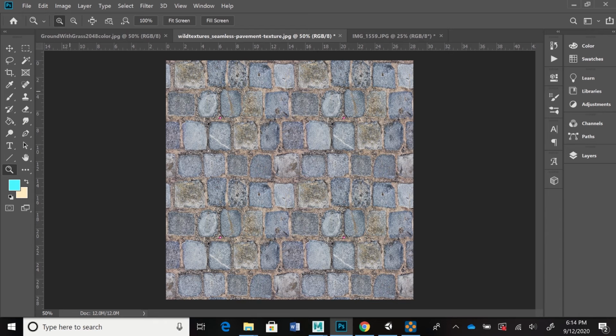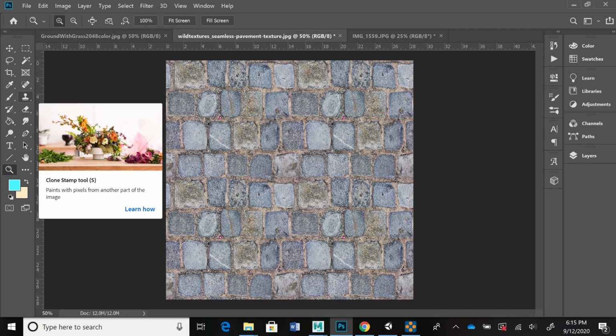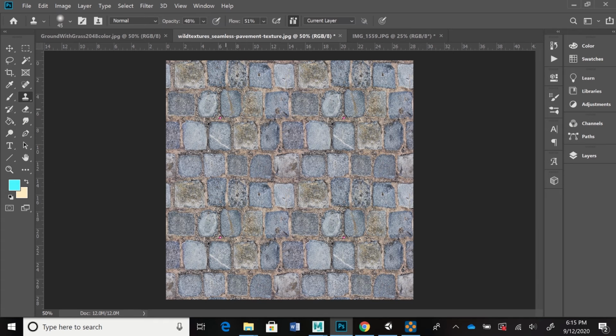And I'll go ahead and zoom in on that a little bit. What I want to do is, I noticed some things about this texture, that there are some repeated patterns in here that are noticeable, like these little pink circles are noticeable, and these little lines are noticeable. I don't think the actual stones are that noticeable, but if you have something like that and you don't want to repeat it over and over again in your texture where it will really show up as possibly being a noticeable thing, then you could get your clone stamp tool